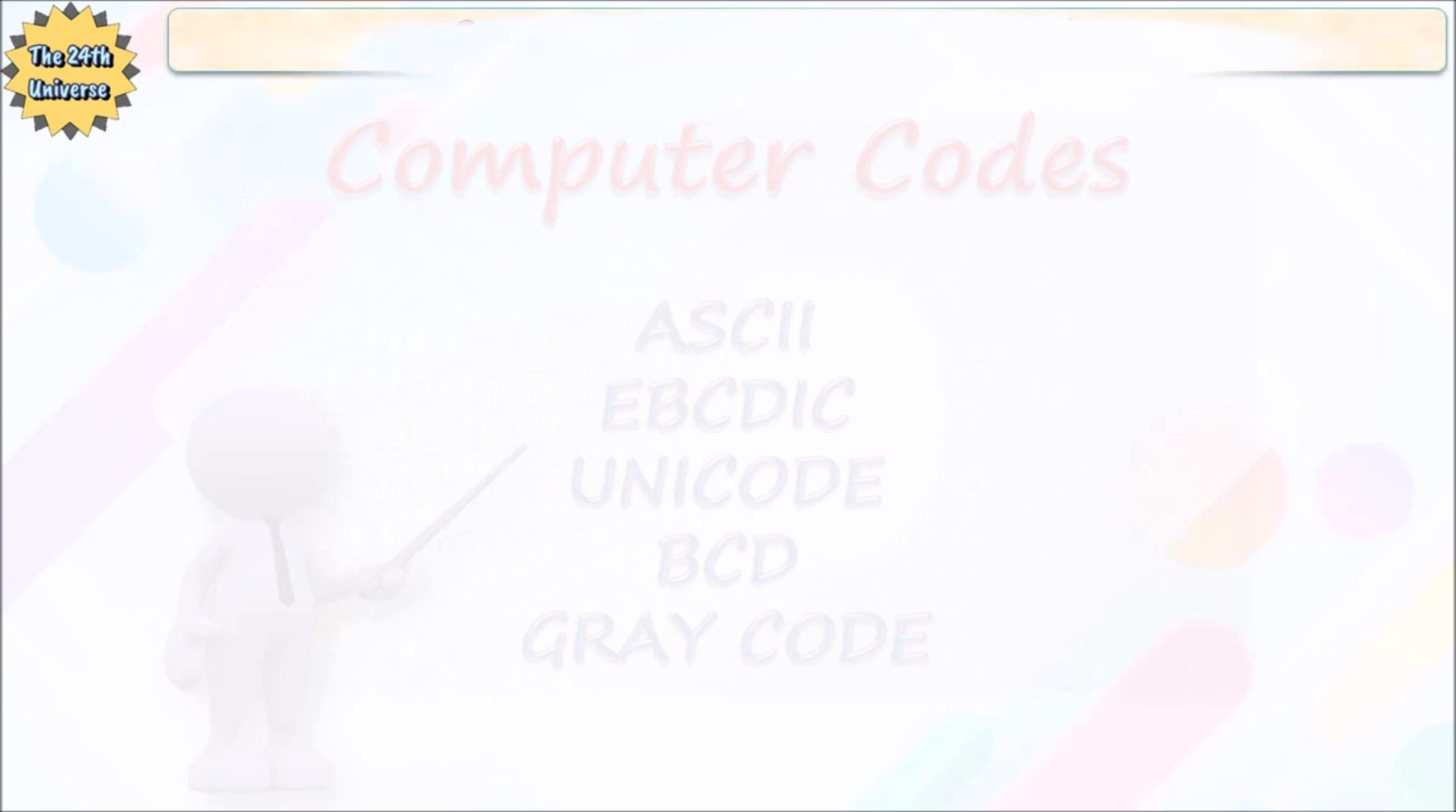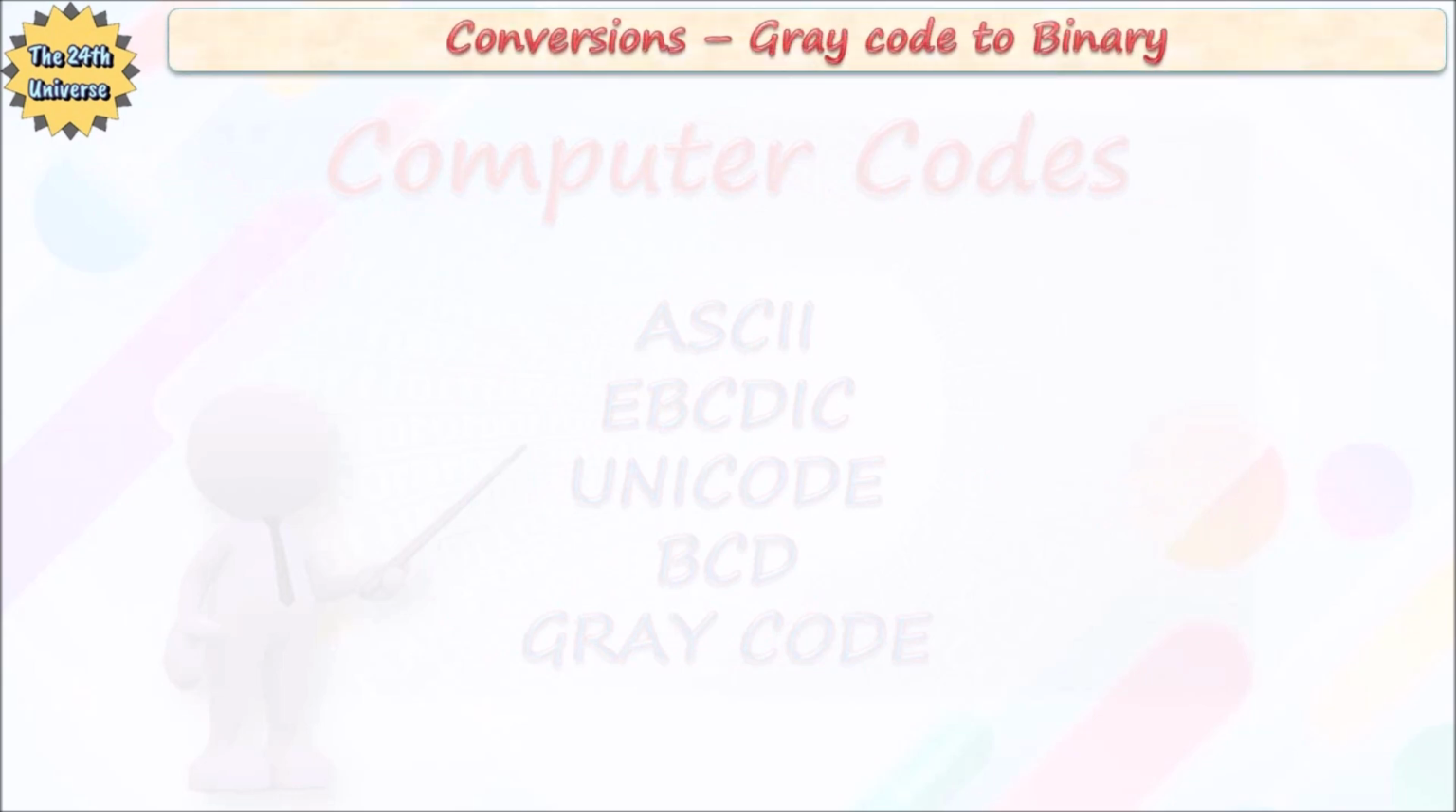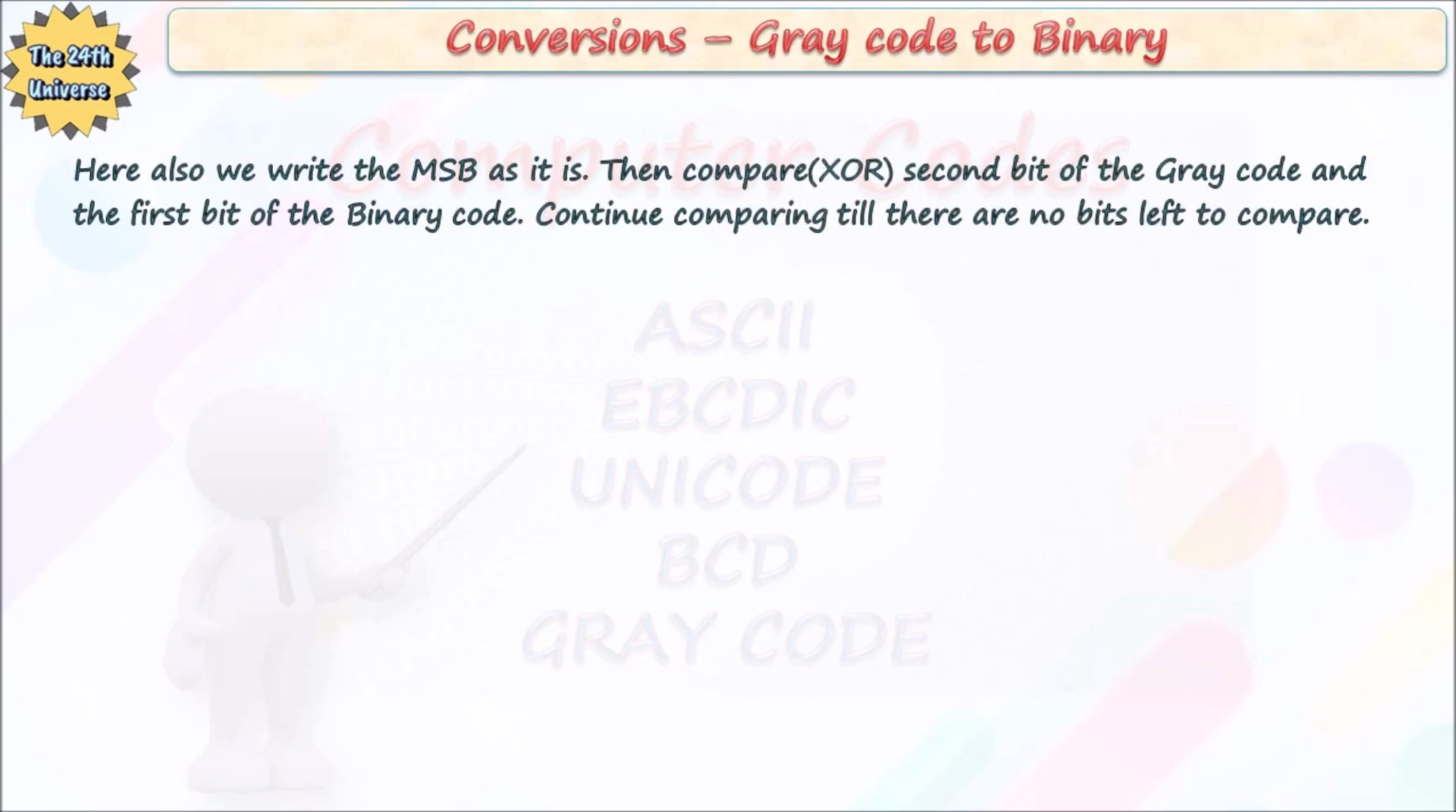Now let us see how we can go backwards, that is from gray code to binary. Here also we write the MSB as it is. Then compare second bit of the gray code and the first bit of the binary code. Continue comparing till there are no bits to compare. Example, consider the gray code